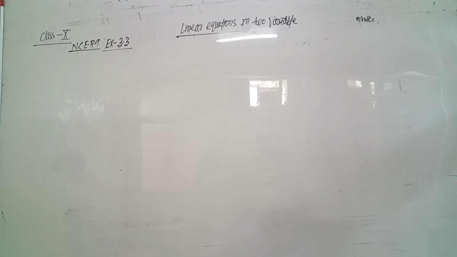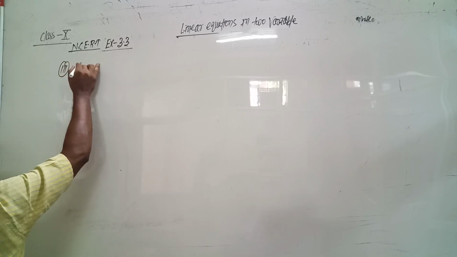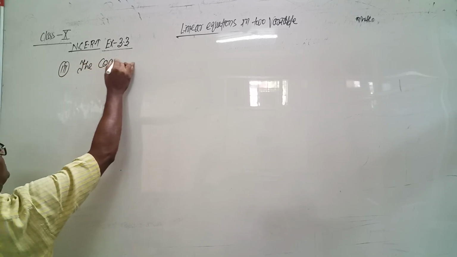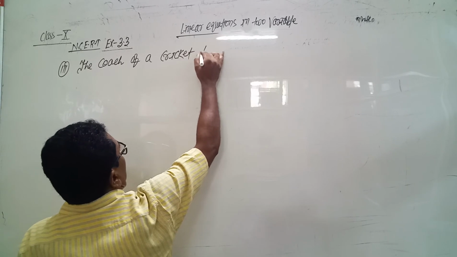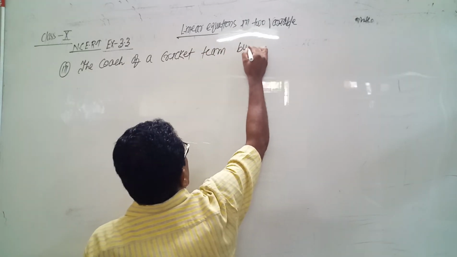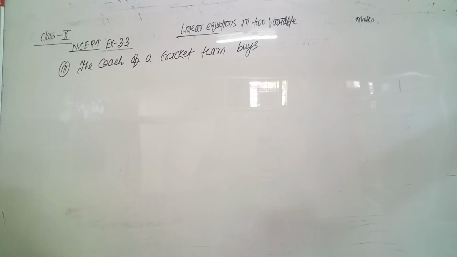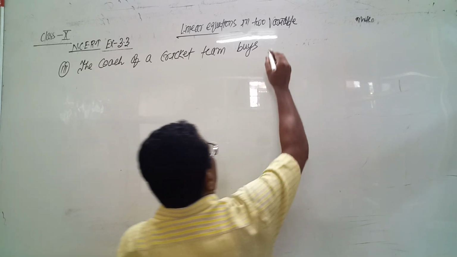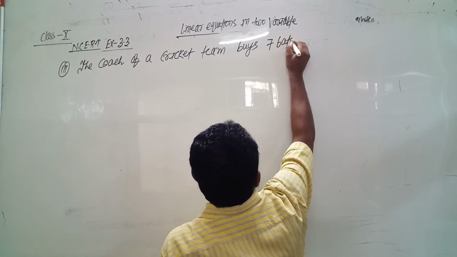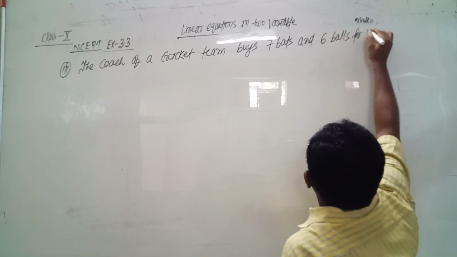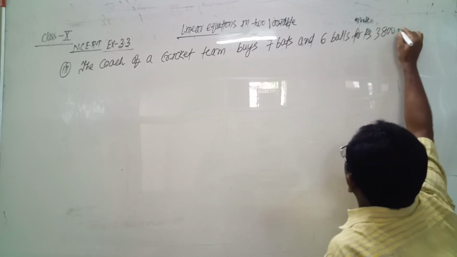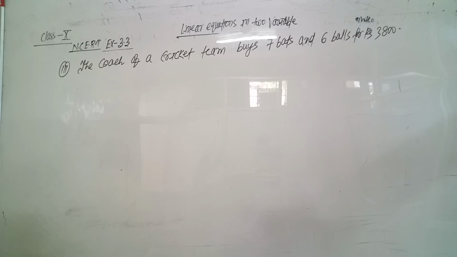The coach of a cricket team buys 7 bats and 6 balls for rupees 3800,